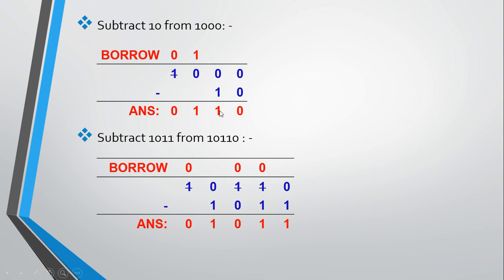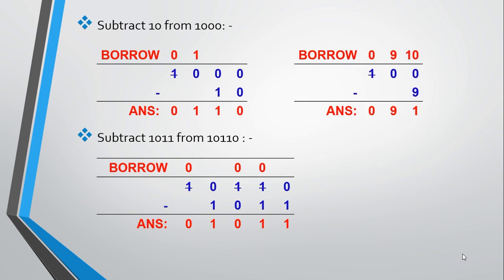Let me explain this by taking a routine life example of normal decimal number subtraction. I have marked the table over here which is related to the decimal number system. If I want to perform 100 minus 9, what do we need to do? You cannot subtract 9 from 0. So for that you need to borrow the value from the previous one.